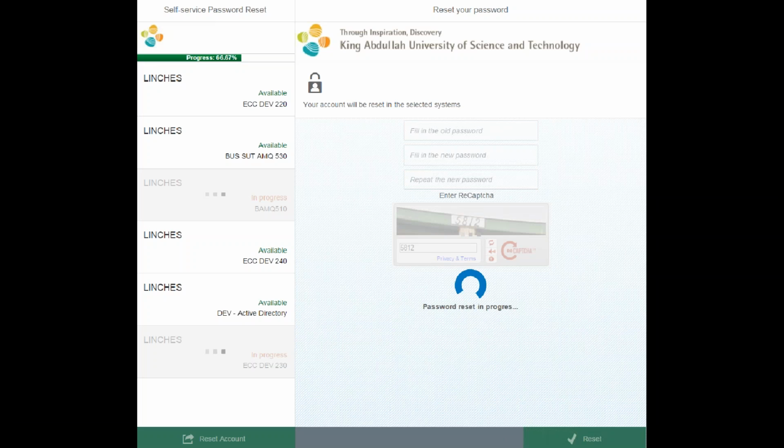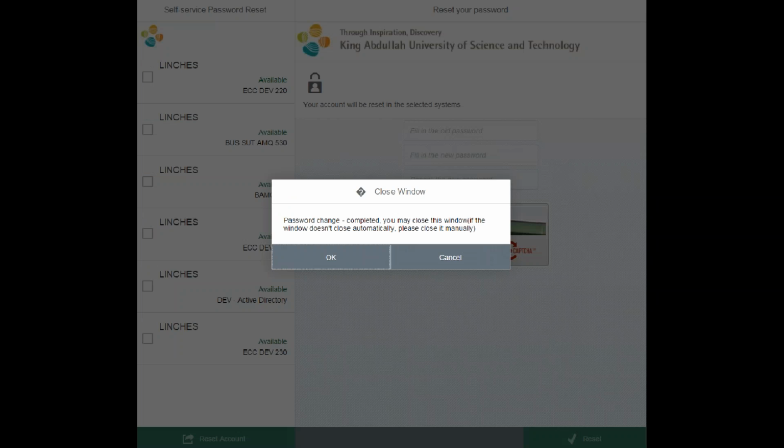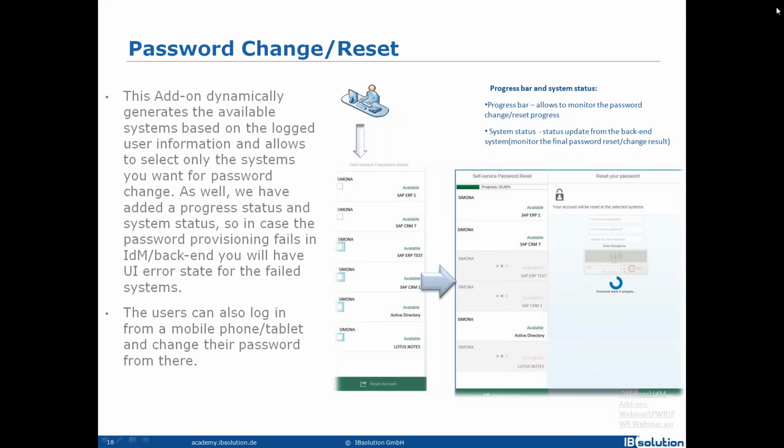Again, the progress bar is automatically updated after the change is done for each system. At the end, we can close the window, or not, depending if we want.